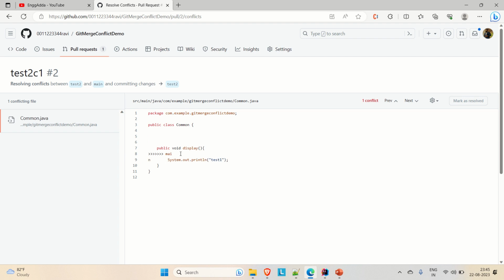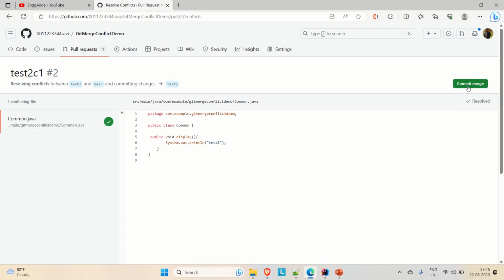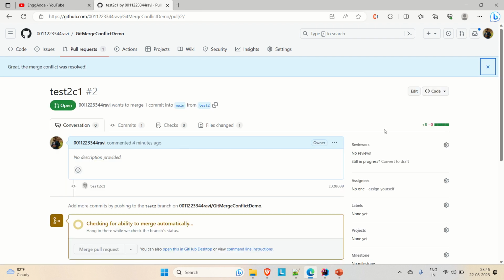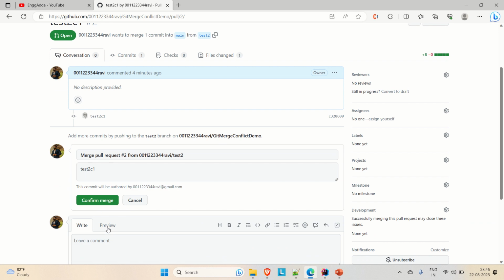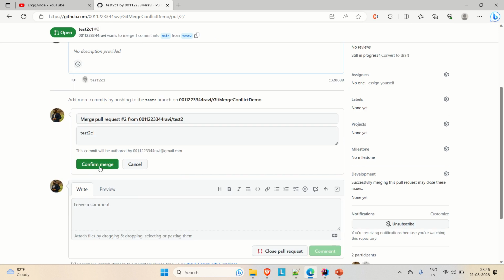So you have to remove it manually, and let me try to keep it like this. Okay, so we are good. Now here you can see the option of mark as resolved, merge as result. So you just click on it and commit merge, and it will take a few seconds to check the mergeability. Now you can see the branch has no conflict with the base branch. Now you can create a pull request. So just create that merge pull request, confirm the merge,